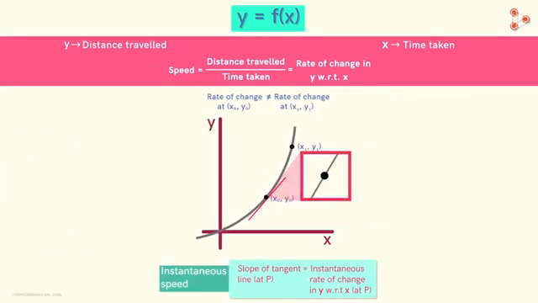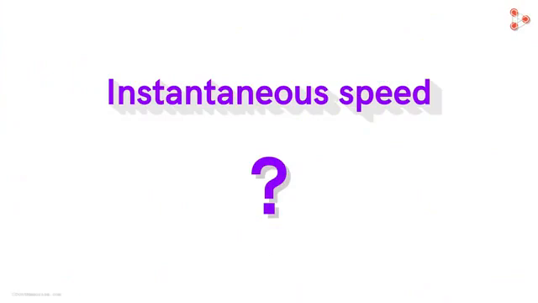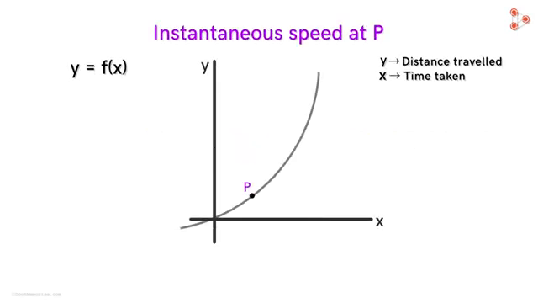So to conclude, a very small portion of a curve around a point can be approximated by the tangent line at that point. The slope of this tangent line tells us the instantaneous rate of change of the function at that point. But how do we find this slope or instantaneous rate of change? Do you remember that in one of our previous videos, we found the instantaneous speed of an object? To find the instantaneous speed, we have to use the process of differentiation. Let's say we want to find the instantaneous speed at this point P, that is, at the time instant x0.